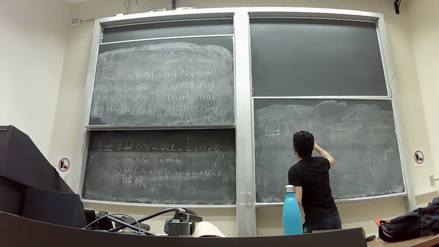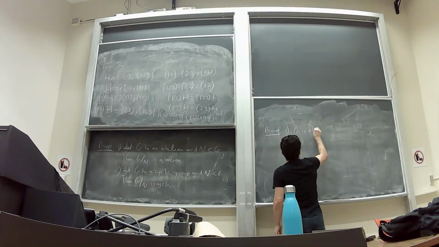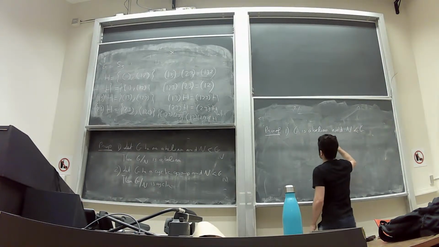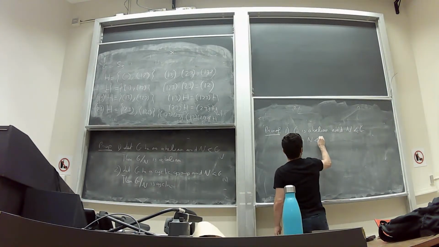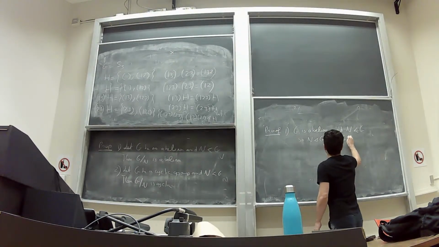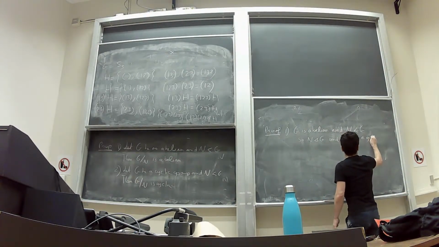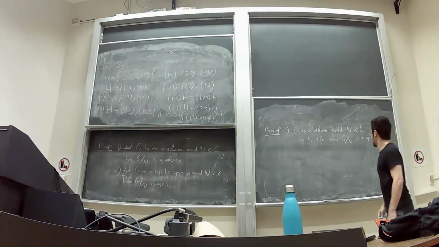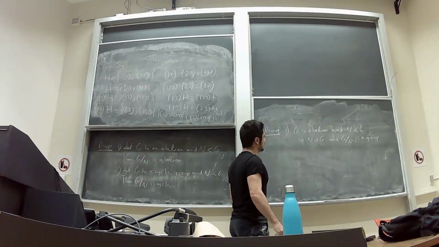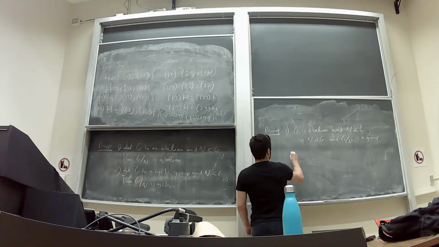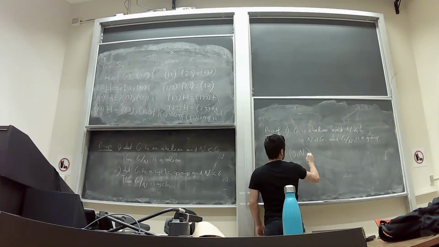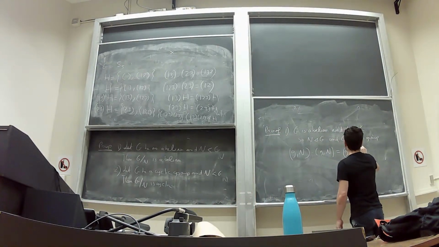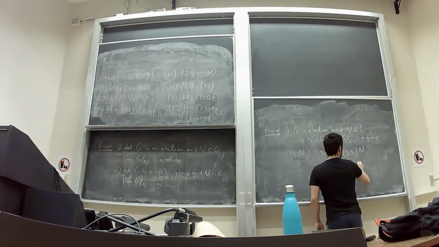G is Abelian, and N is a subgroup of G. So N is a normal subgroup of G, and G mod N is a group. Okay, G mod N is a group. Now take G1N times G2N. What is that equal to? It's equal to G1 G2 N. Now G is Abelian, so G2